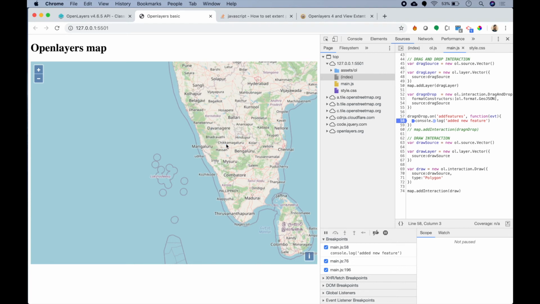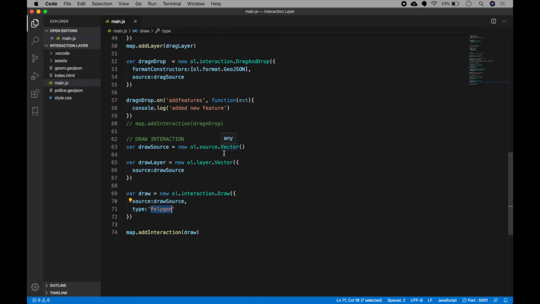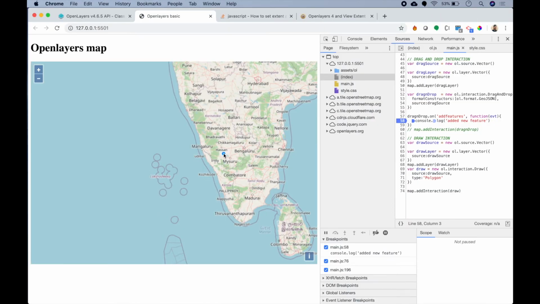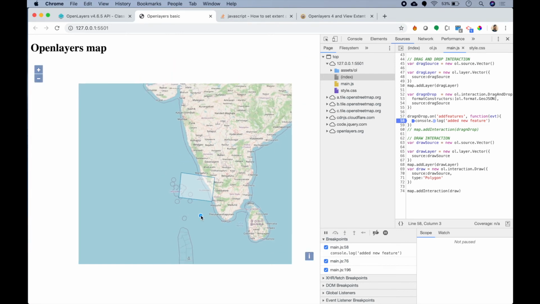Can you guess the reason why it is vanishing? That is because I didn't add this layer to the map. map.addLayer(drawLayer). Now if I go back and try to draw a polygon, you can see that the polygon stays on the map, right?